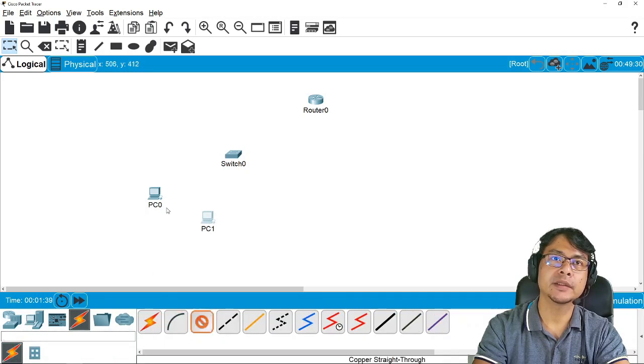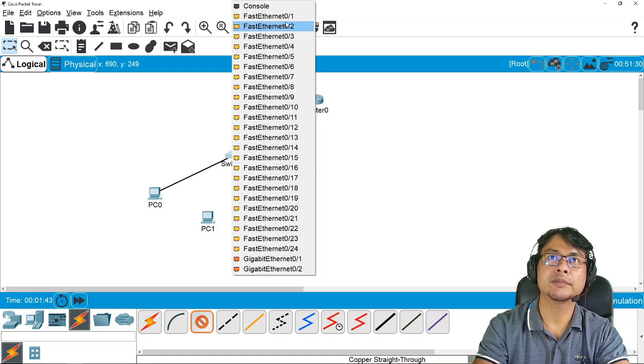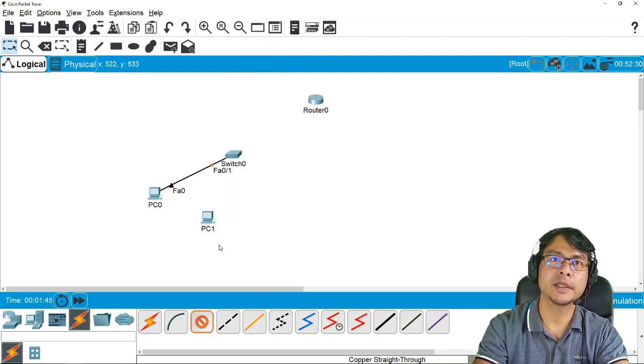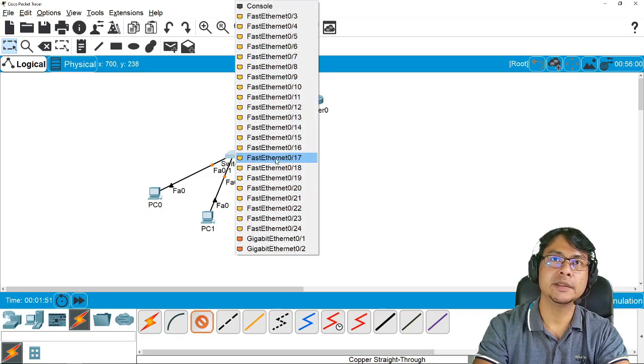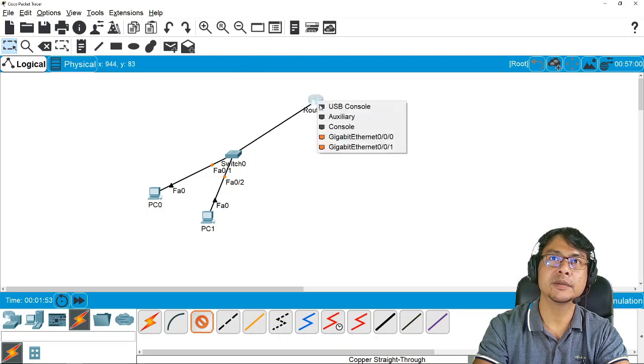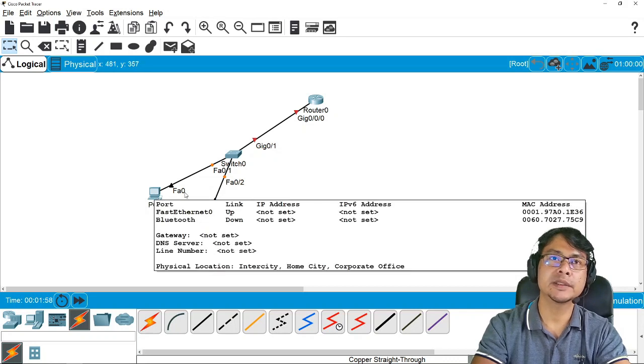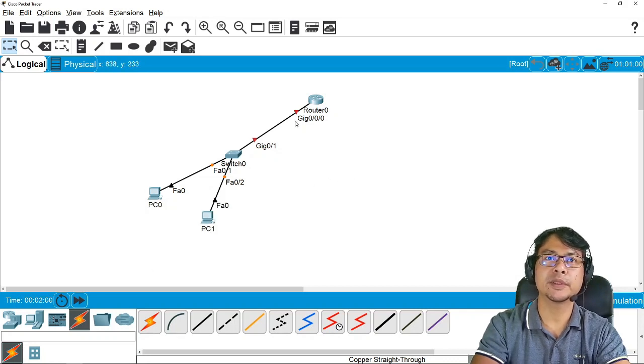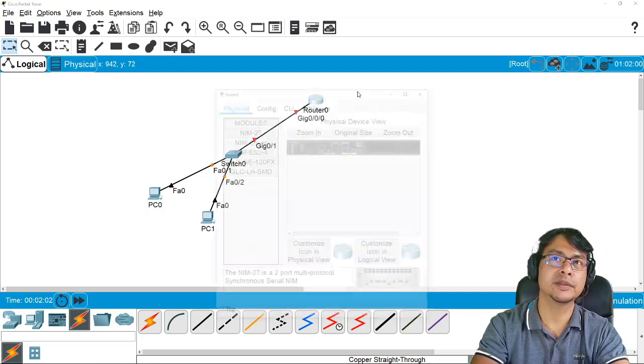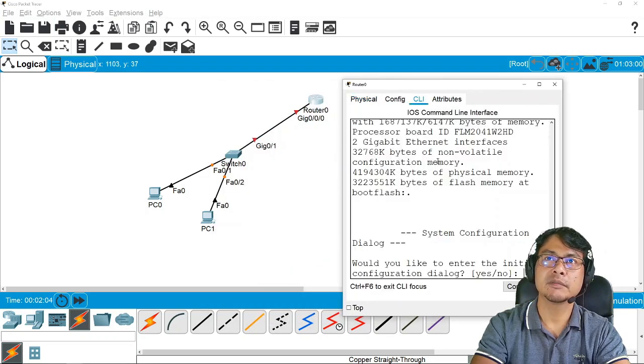Now interconnect the switch and the computers via FA0/1, plus Ethernet via FA0/2, and then the G0/1 to the G0/0. So given this kind of topology, let's just configure